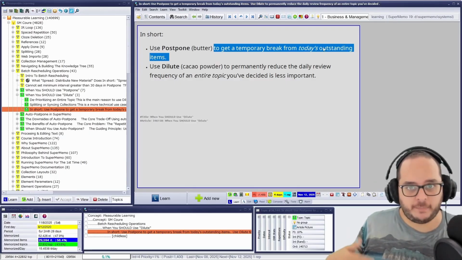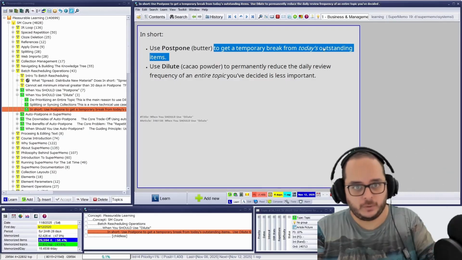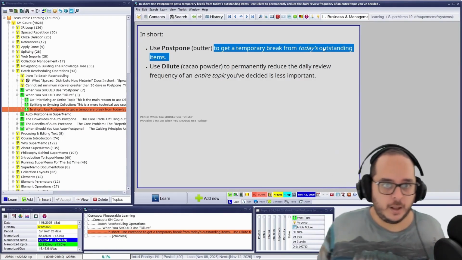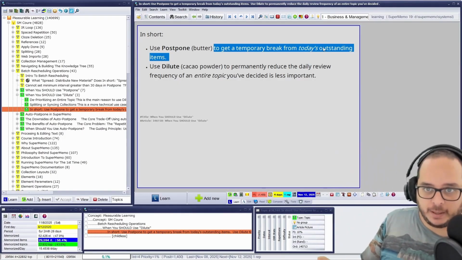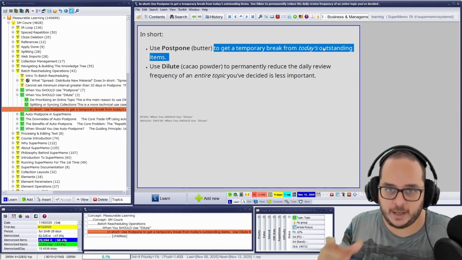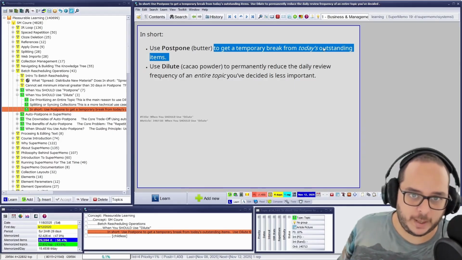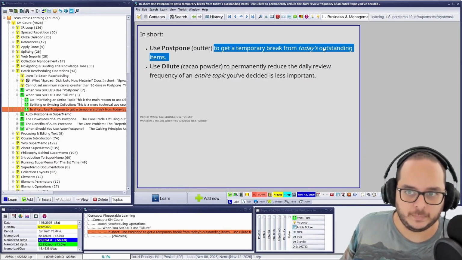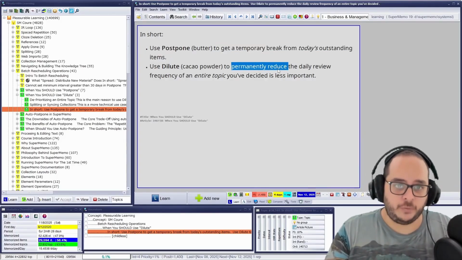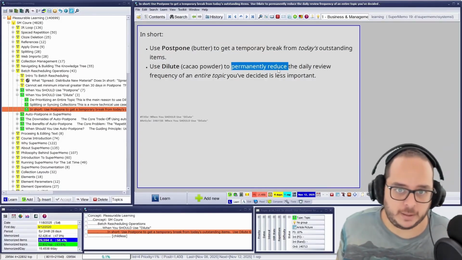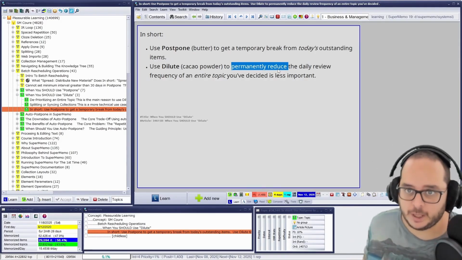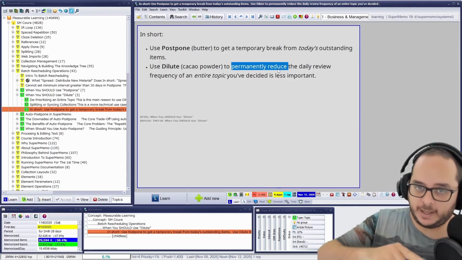Meaning, for every slice of bread, you will need to again autopostpone. You will need again to spread the butter. In dilute, if you have a glass of milk, it's diluted. So if you take a sip, then the next sip you don't have to apply dilute every time. It's already diluted. More or less it's like the metaphor. Therefore, it's permanent until you finish the glass of milk. The cacao is diluted in the entire glass, not just outstanding, which would be the slice.